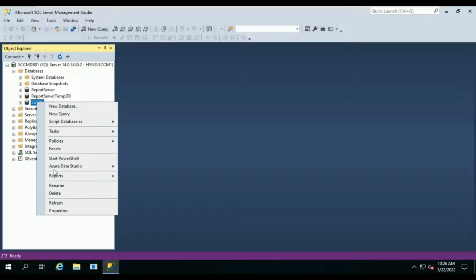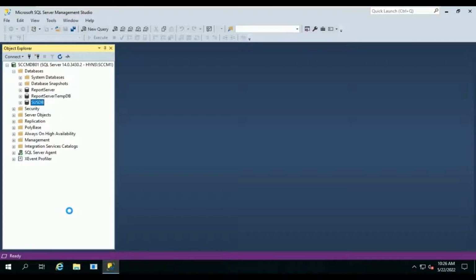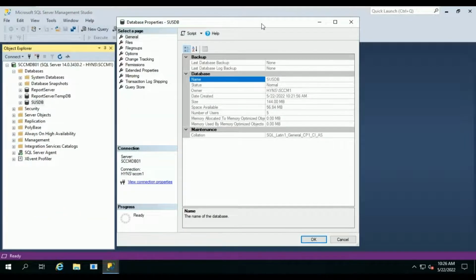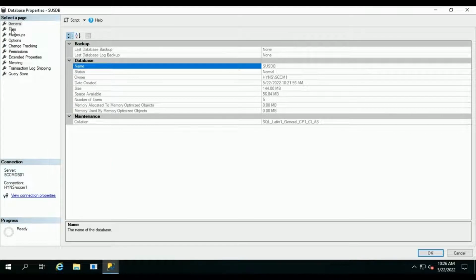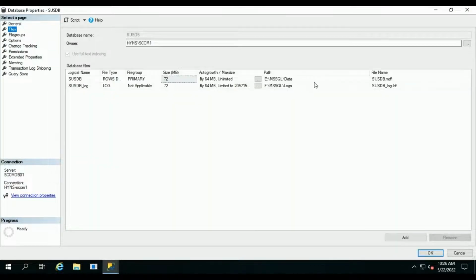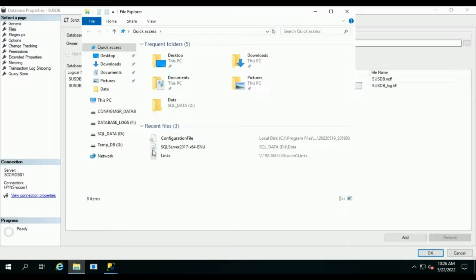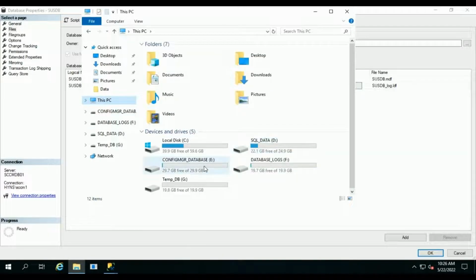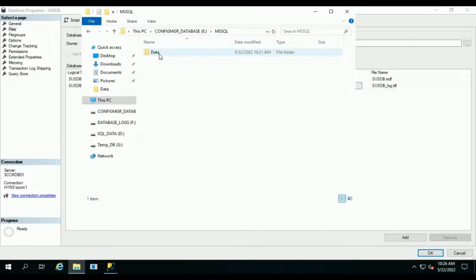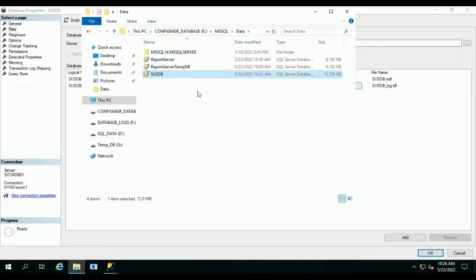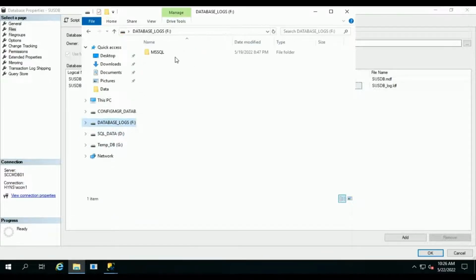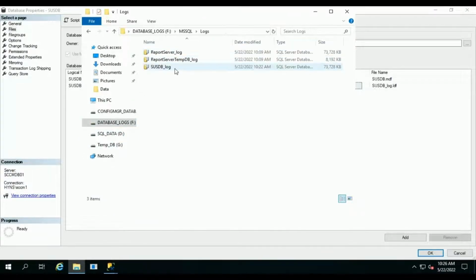Go to database properties. On the Files tab, you can see the database MDF and LDF file locations. Open File Explorer. Go to E, MSSQL, Data. See the SUSDB MDF file is here. Also for the log file, F, MSSQL, Logs, SUSDB log.